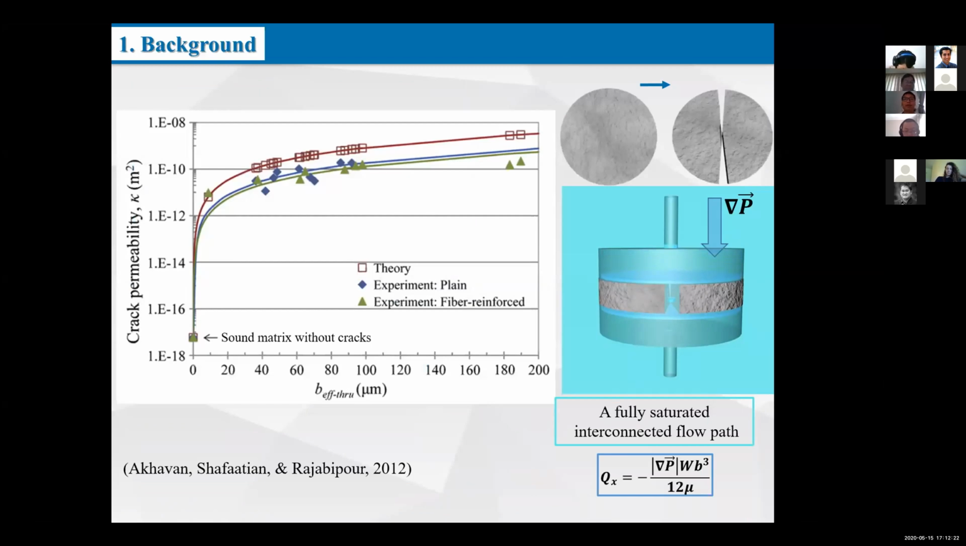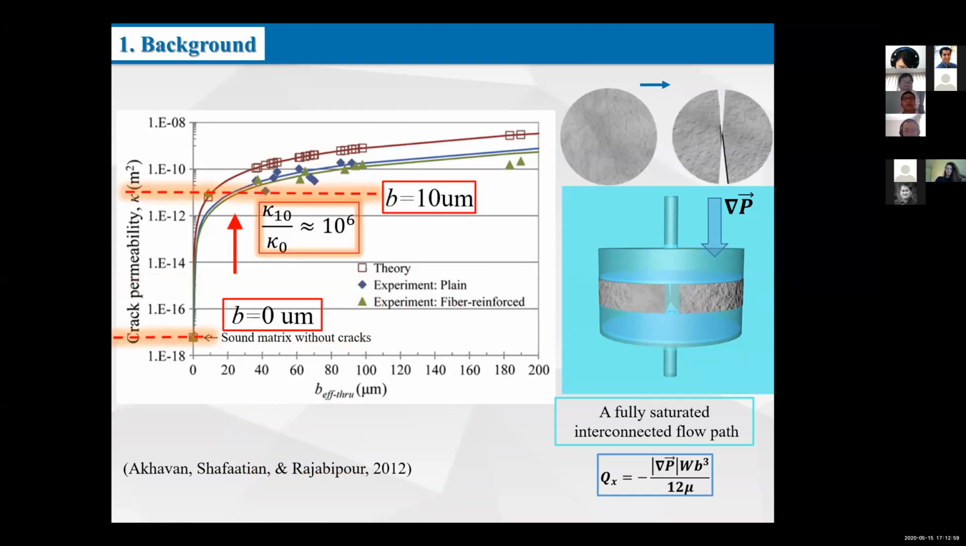Before talking about the permeability of cracked concrete, we should get some message about it. Before there is a crack on the concrete, that is the sound matrix without any cracks, there is minus 18 orders of magnitude. Well, there is a 10 microns crack found on the concrete matrix, and then there will be 6 orders of magnitude increasing,